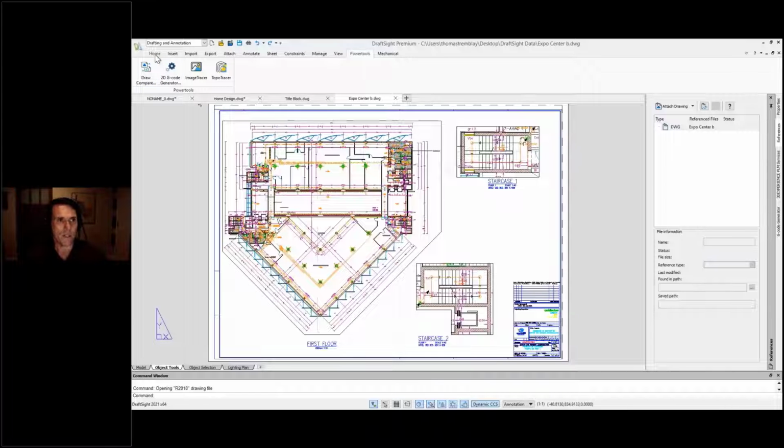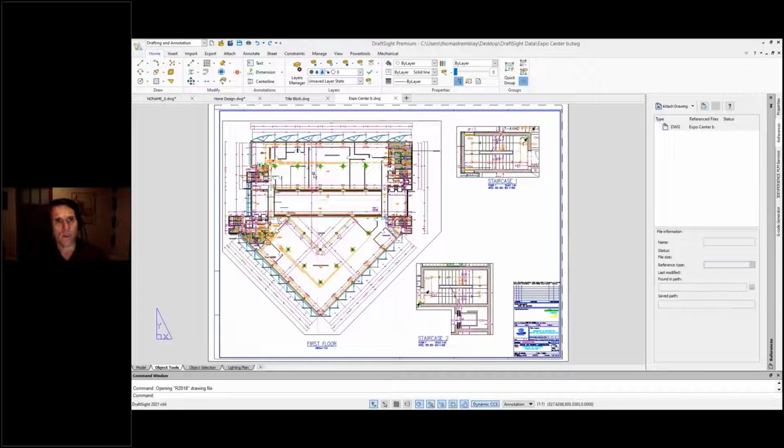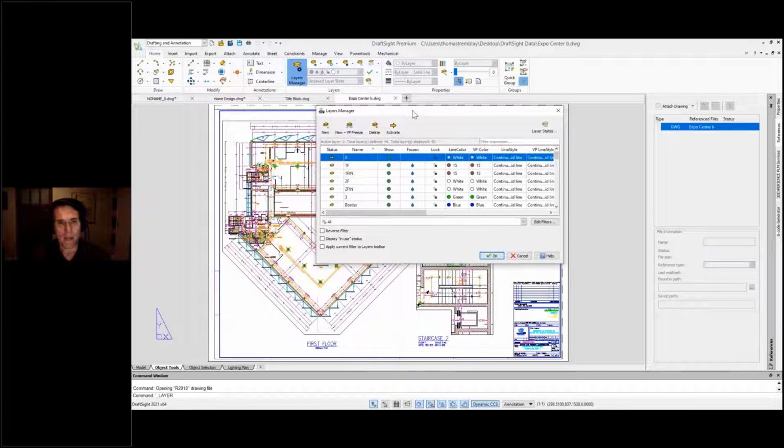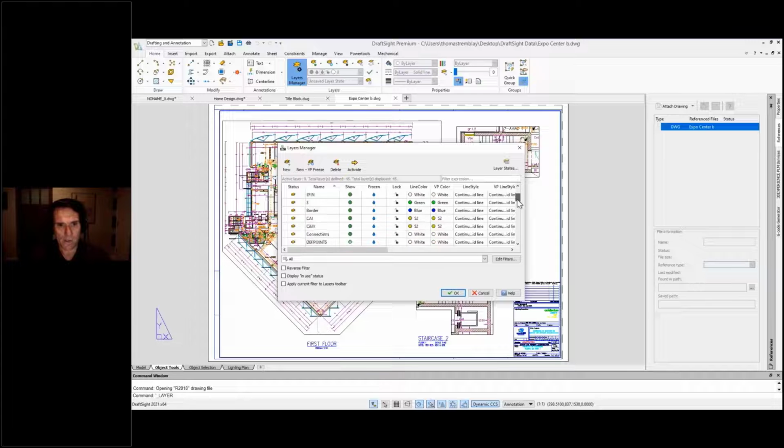But what I wanted to do is take a moment to focus on the Layers Manager. The Layers Manager gives me my list of layers, which is very extensive in this drawing. It gives me my ability to activate a layer with a simple double click. I love the fact that the headings at the top